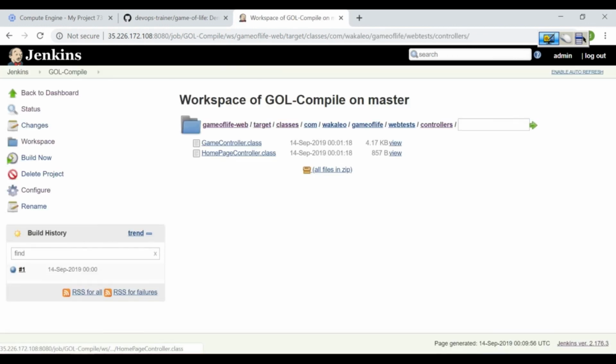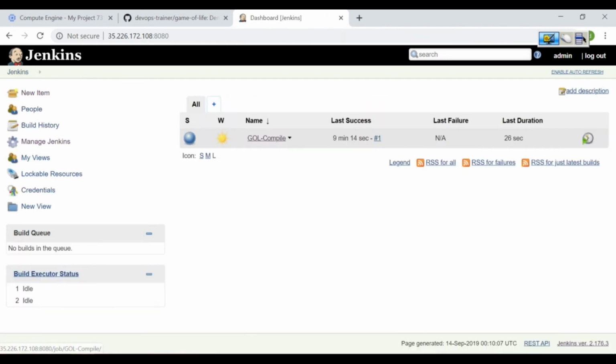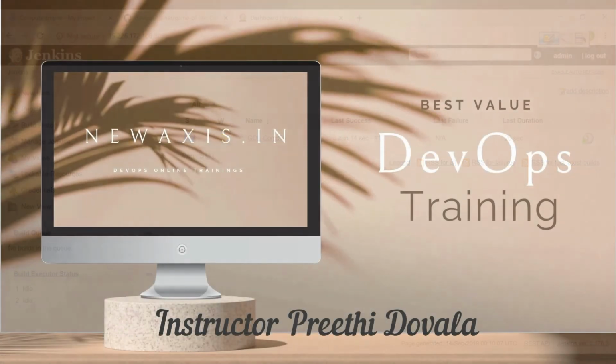Yeah, here are the class files compile and the system date of compilation. So this is how you create a compile job. Means through Jenkins we have created a Maven job which will compile. So here the actual tool which is compiling is Maven. So through build automation tool we have created a compile job.